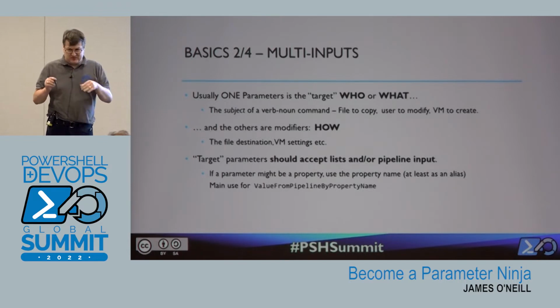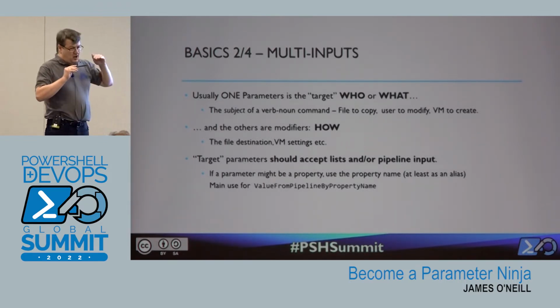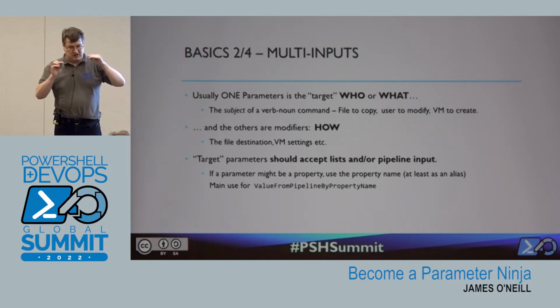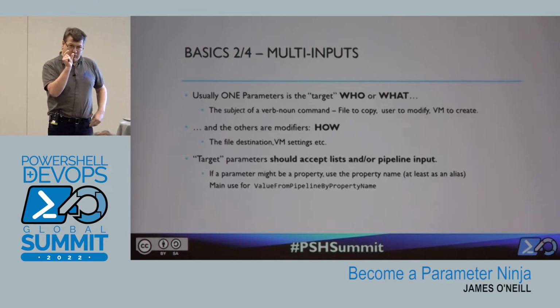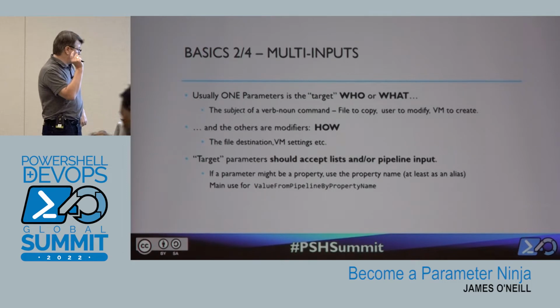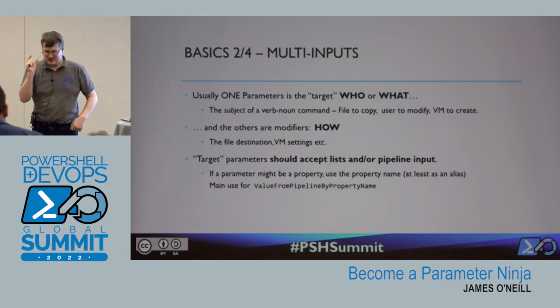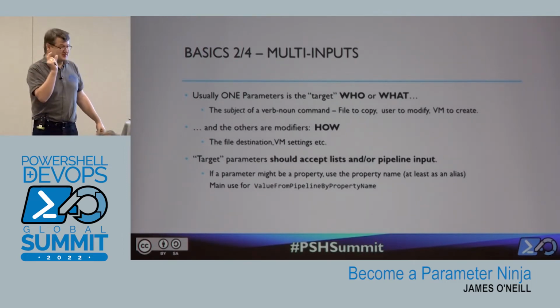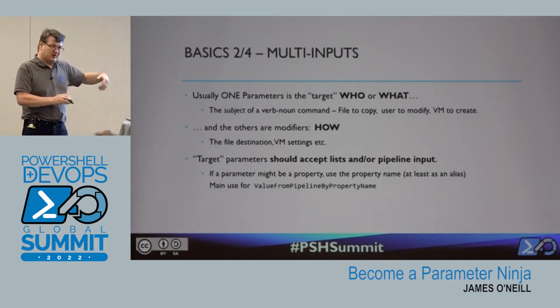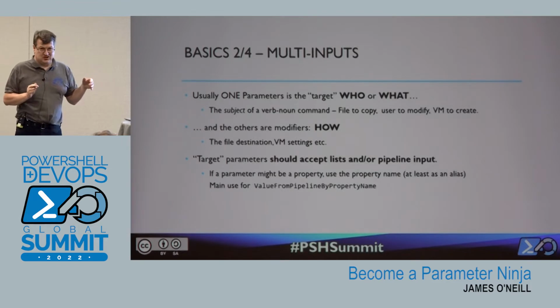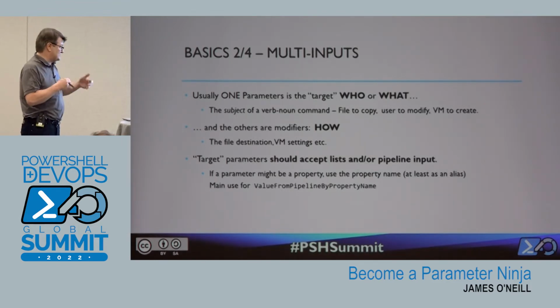Something that irks me whenever I see somebody else do it is when you look at the parameters for a function, if you think of a function being sort of verb-noun, one of the parameters is the, I was going to say the object of the verb. I think it's the subject of the verb. My grammar's suddenly deserted me. It's the subject of the verb. So it's what we're working on. And then the rest of the parameters describe the work that we're going to do. So, it's the file that we're going to copy, then it's the destination, that sort of thing.